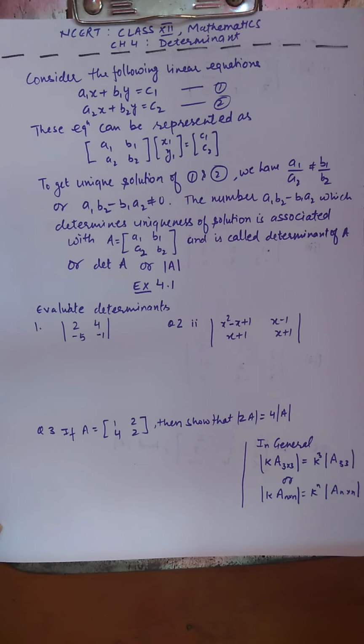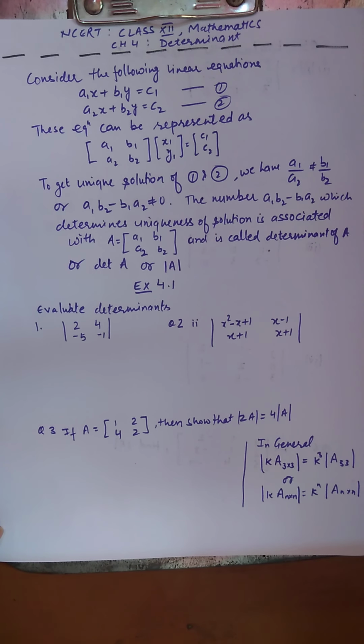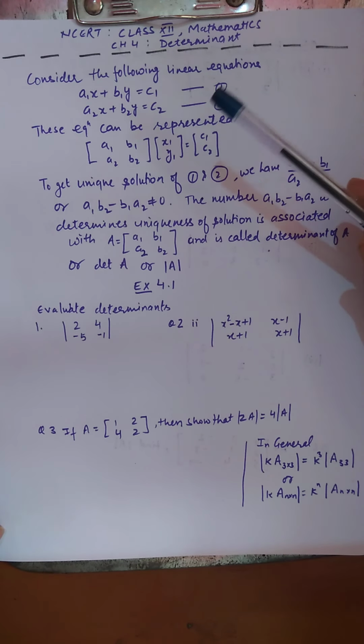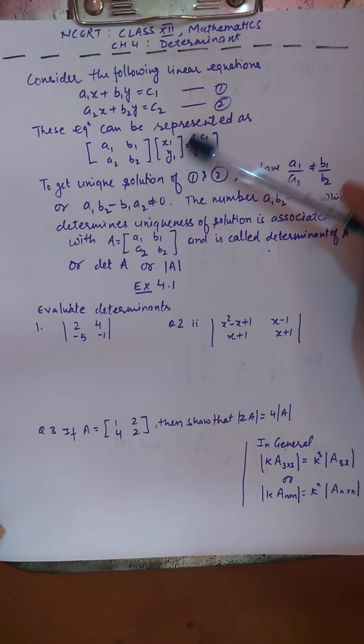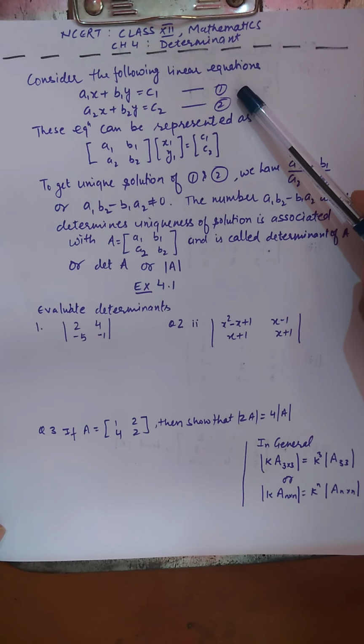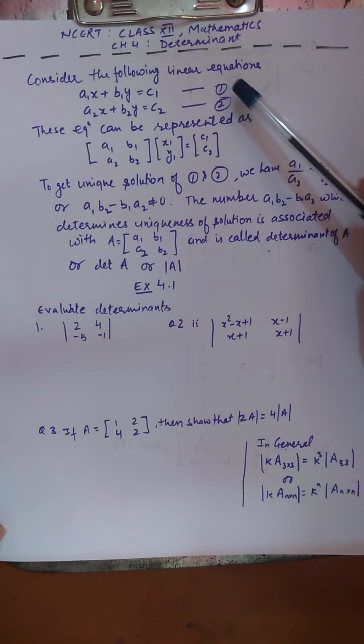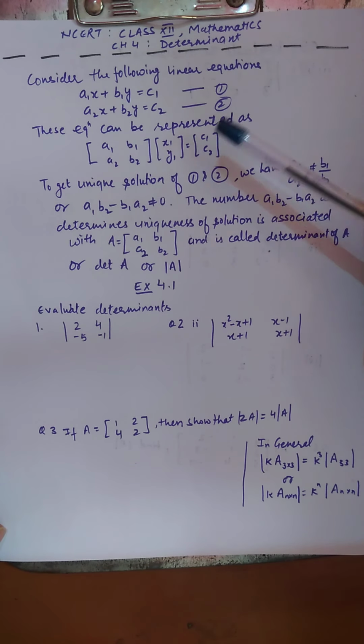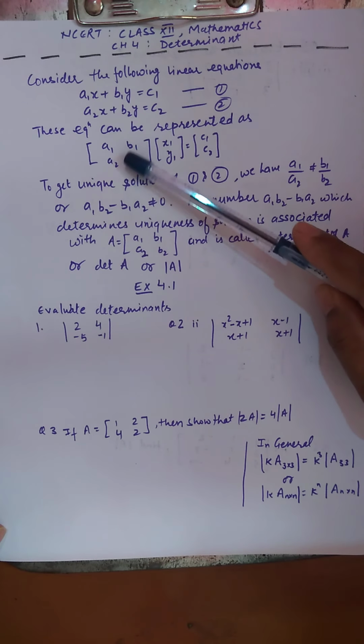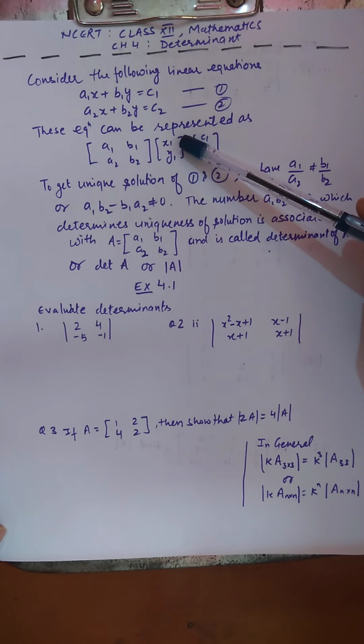Good afternoon, everyone. Today we are going to start a new chapter, which is chapter number 4, determinants. Now you see the following pair of linear equations in two variables. So these equations 1 and 2 can be written in the matrix form as this: a1, a2, b1, b2, x,